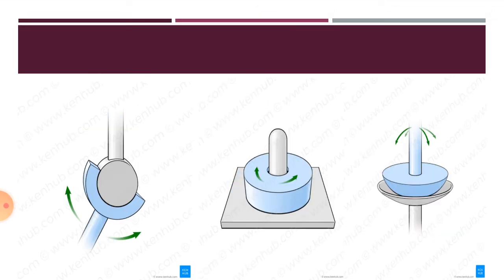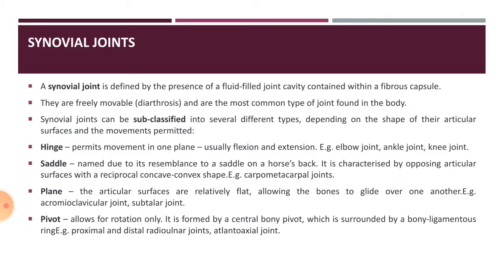So now we will discuss them in detail, and once again we have classified them on the basis of the shape of their articular surfaces. So the first type is hinge type, and it permits movement in one plane. So we call them uniaxial joints as well. We will discuss range of their mobility after, but first you should know that on the basis of their articular surfaces, the hinge shaped joints are the elbow joint, ankle joint, and also the knee joint.